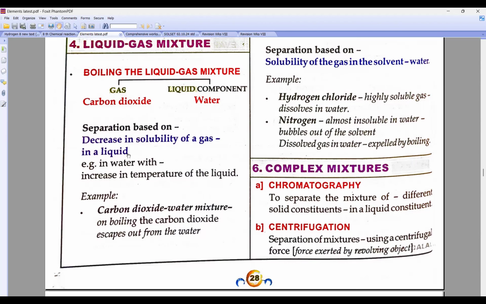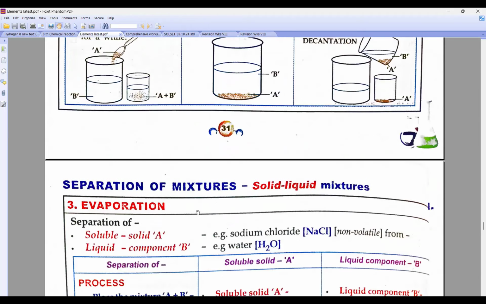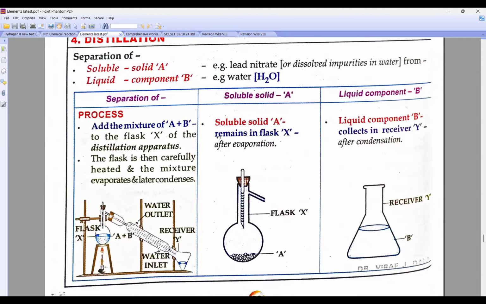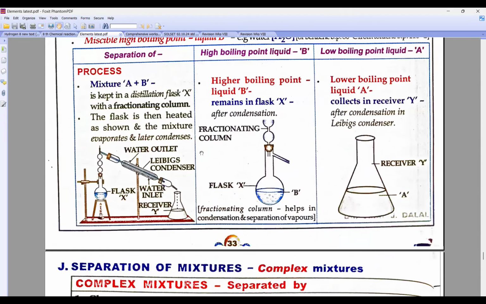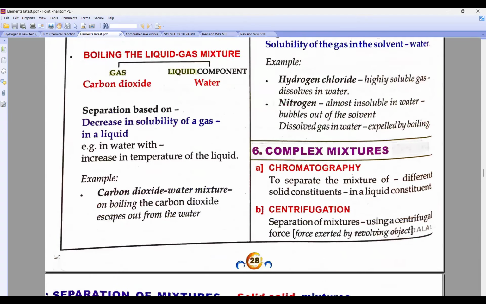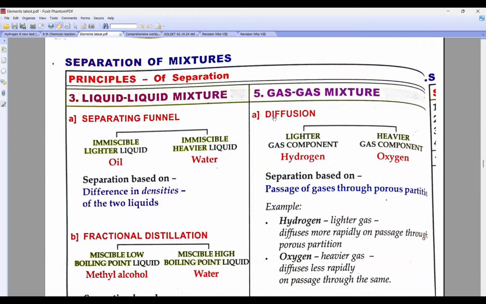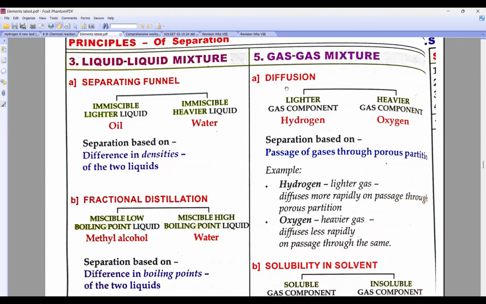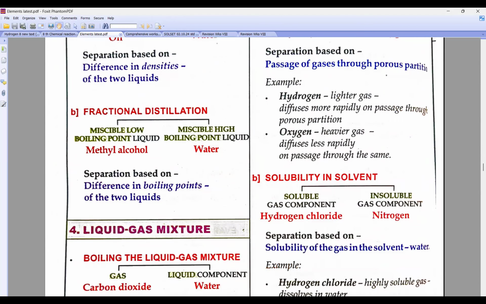सो डिक्रीज इन solubility ऑफ गैस इन लिक्विड. ओके, और इसमें क्या होगा, व्हेन यू इंक्रीज द टेम्परेचर solubility डिक्रीजेस. सोडा वाटर से कार्बन डाइऑक्साइड विल एस्केप आउट. लुक, लिक्विड इन गैस में हम लोग वही करेंगे बेटा. ठीक है ना बेटा? देन उसका कोई मेथड नहीं दिया, जस्ट बॉईल इट बेटा. देन बेटा गैस और गैस रहेगा तो कैसे सेपरेट करेंगे बोलो? गैस एंड गैस मिक्सचर होता है तो क्या होता है, डिफ्यूजन. क्लियर है?